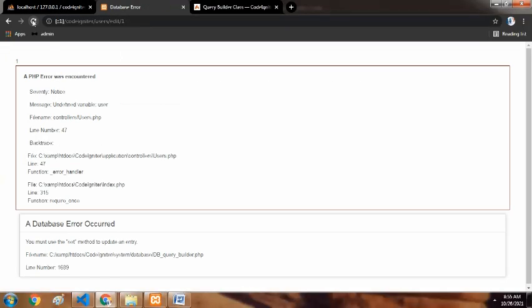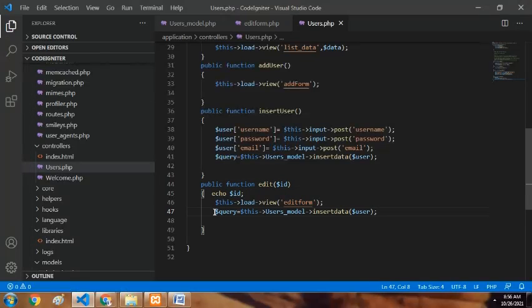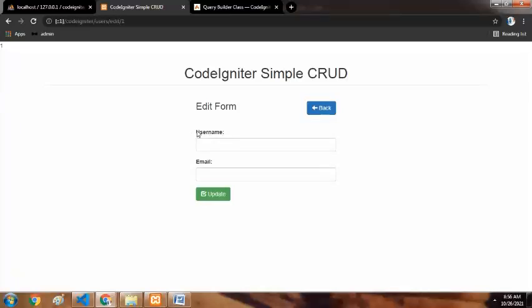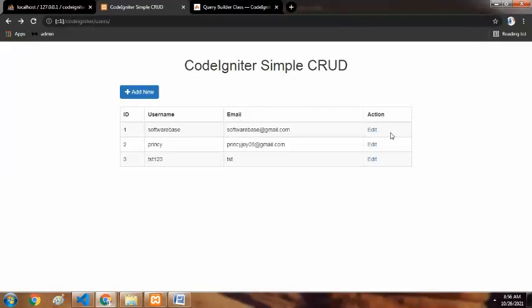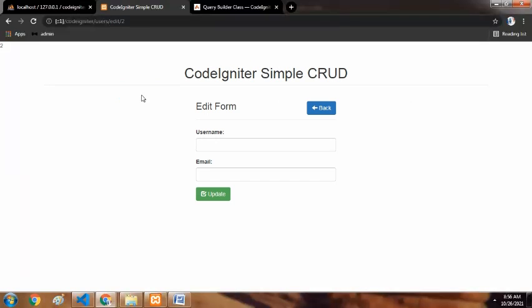So if I click this, I got the ID we printed here: echo $id, and an undefined variable user, because I will take that later. So we got the form, but for editing we have to populate the data of this ID or any other IDs. So I am clicking this one, I will get the second ID, 2. We have to take the data from the database for ID 2 and populate it into this form for updation.